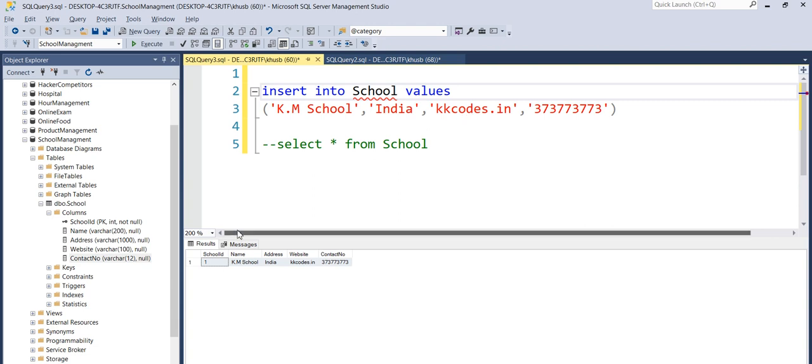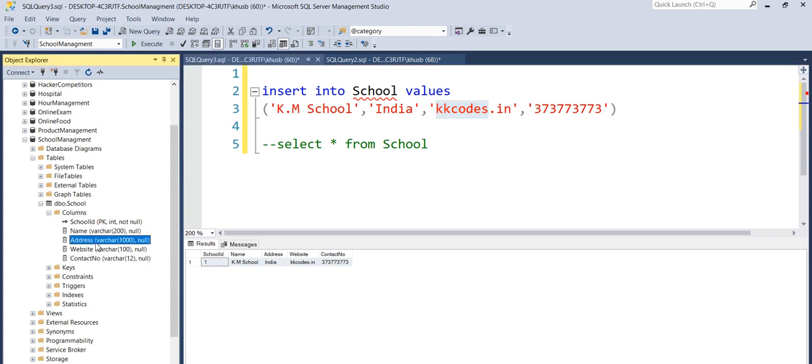And now what it is going to do is, whatever values I have given here, it is going to save these details one by one according to the column order.